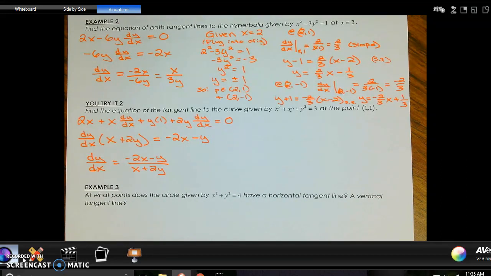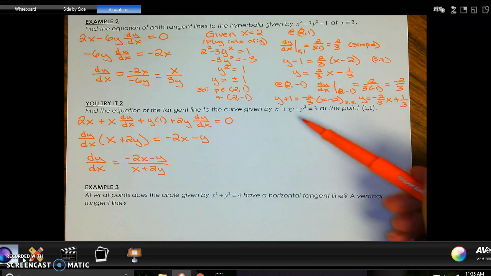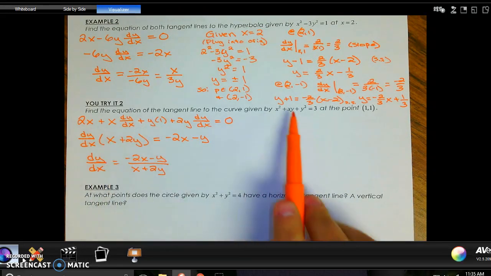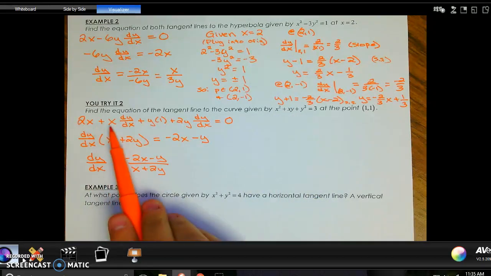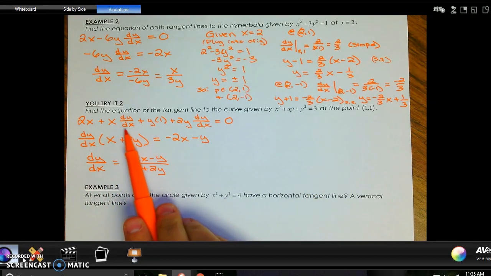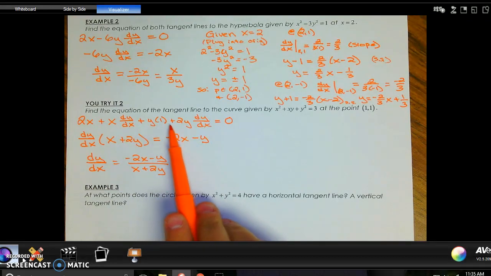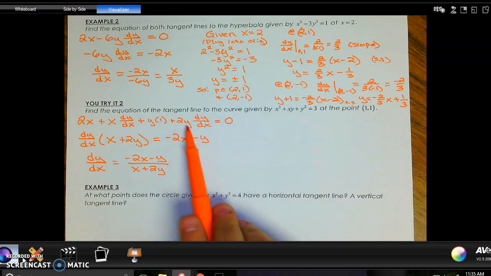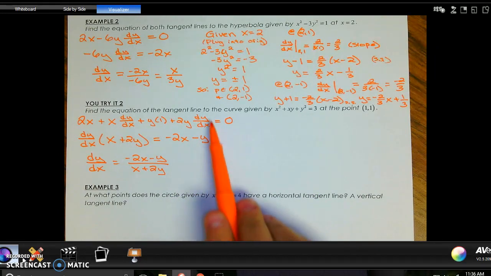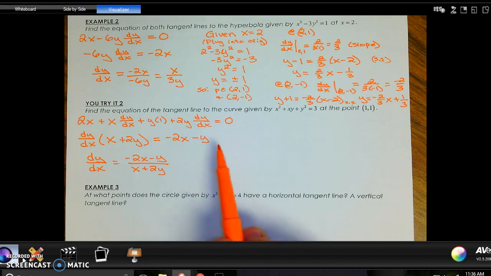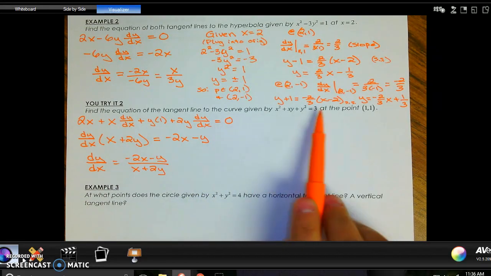The difference here is now when I go to take the derivative of this, I have to use implicit differentiation. So my derivative here is going to be 2x plus, then here you have to use the product rule. So it's first times derivative of the second, so I have to use the implicit there, plus the second times the derivative of the first. And then here, the derivative is just 2y, and again, whenever you're taking the derivative of something that's not an x, then you need to tack on that dy/dx